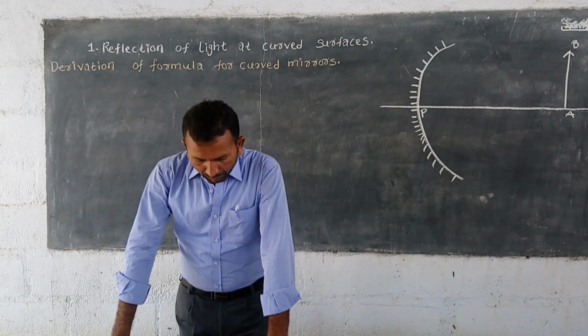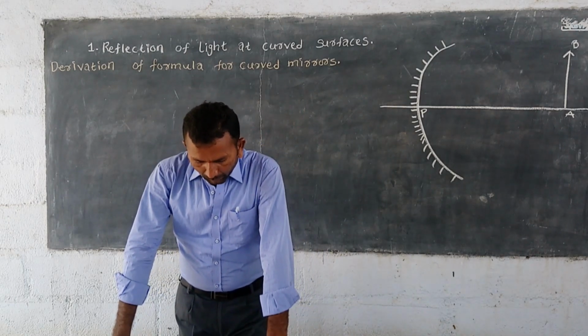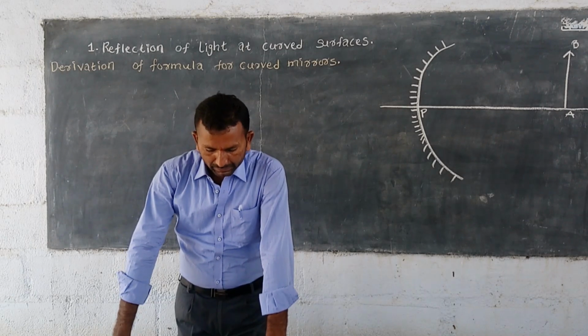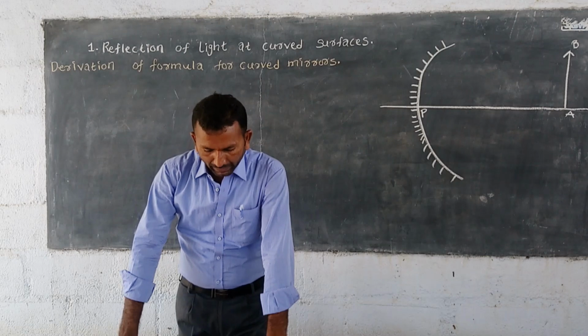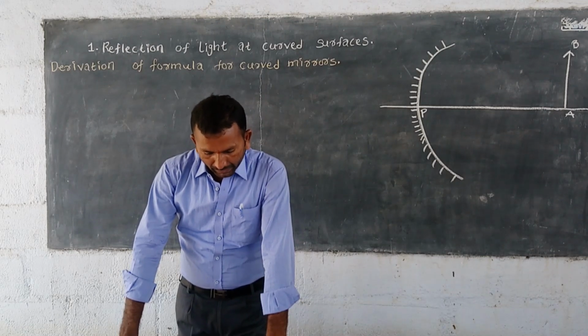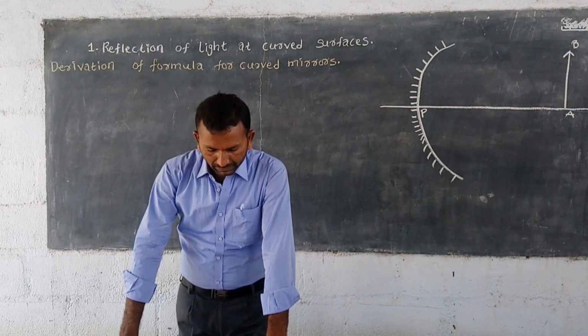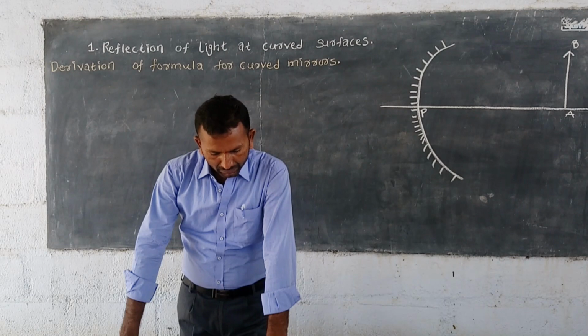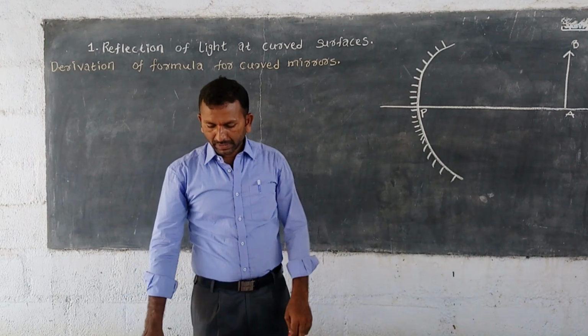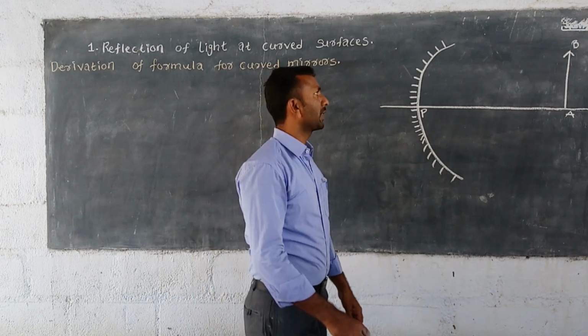The ray from the top of the object AB is emanating parallel to the principal axis and striking the mirror at X. This ray passes through the focus after reflection. Another ray starting from B passes through the center of curvature C and strikes the mirror at Y. This ray returns back in the same direction after the reflection.